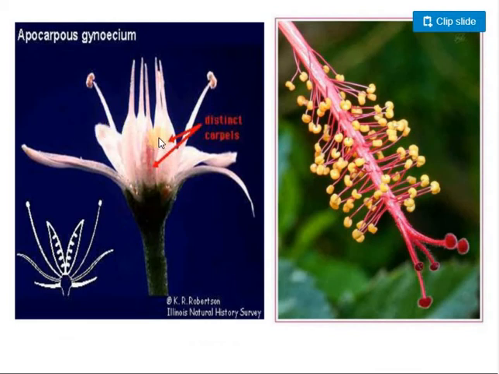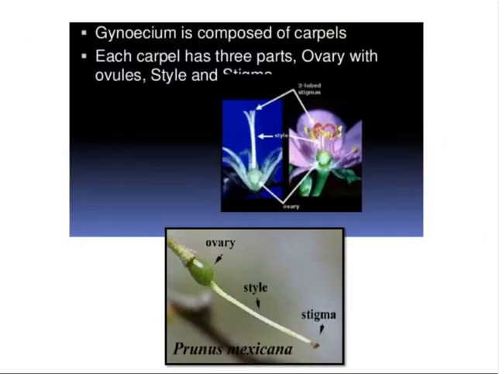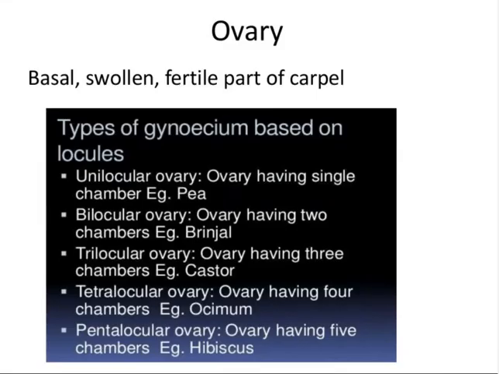See, this is an apocarpous gynoecium. See here, the carpels are free. And if you see this diagram, there are 1, 2, 3, 4, 5 carpels, but the carpels are united. So this is a syncarpous condition and this is apocarpous condition. So if you see each carpel, it has 3 parts. Basal swollen part is called ovary. The elongated strand is called style and the upper receptive portion is called stigma.